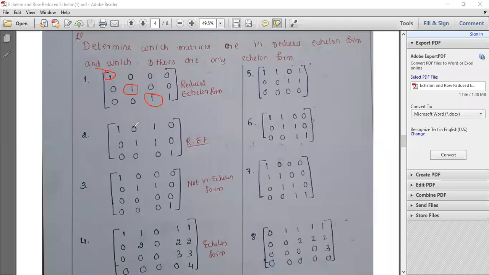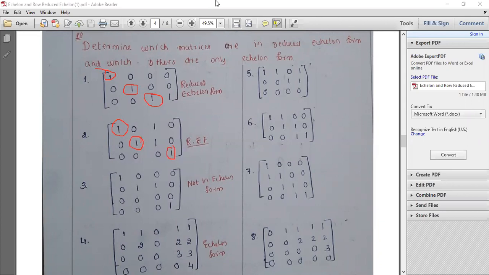Now what about this matrix? Can anybody tell me? There is the leading entry, this is the leading entry, this is the leading entry. Why have I not taken this one, guys? Because it's 0, and 0 cannot be taken as a leading element. Yes, very good. Now, above and below the leading elements, are the elements 0 other than this? Yes, ma'am. So what is the format then? Which form is it? Reduced echelon, all of you.